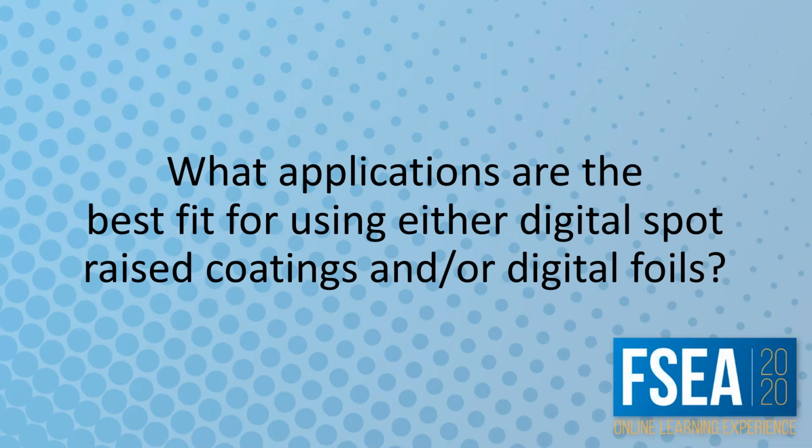The places we've seen it really successful are online printers, photo cards, invitations, small business marketing. These are all areas where a lot of people have really excelled with these technologies. And the benefits of the digital foiling and spot coatings are really the benefits of quick speed to market, no changeover time,